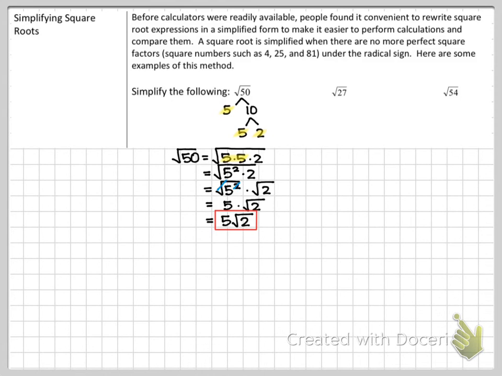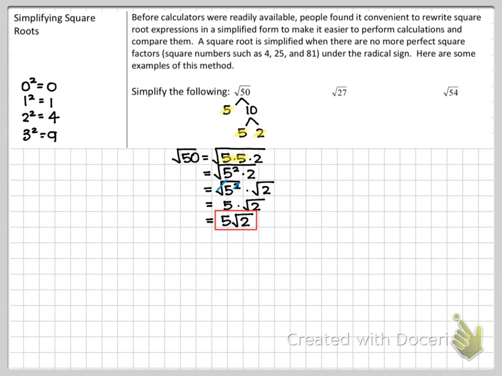Okay, now the next one. I did say that I would show you a couple different ways. Another way that you can do this is you can hunt perfect squares, but you got to be really comfortable with perfect squares to do this. So perfect squares, I'll put mine off to the side. I know that my perfect squares are 0, 1, 4,